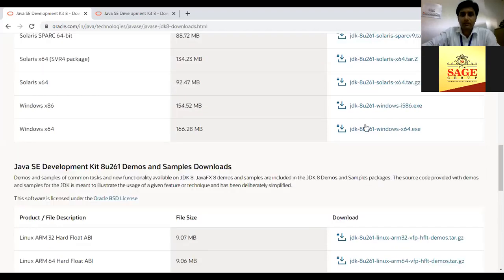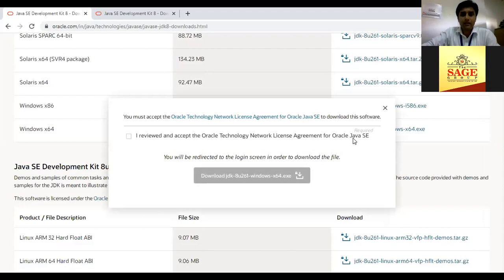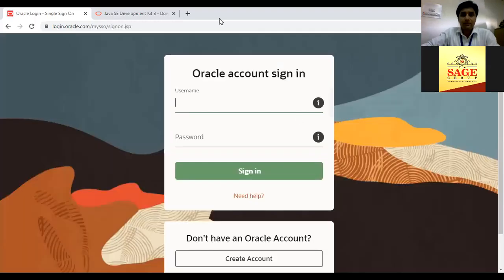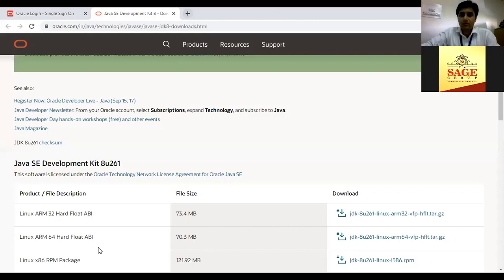You just have to click on that particular link, and the download will start after accepting the terms and conditions. After downloading, you just have to click on the setup, follow the instructions and click on next. There is nothing extraordinary in the Java installation process.